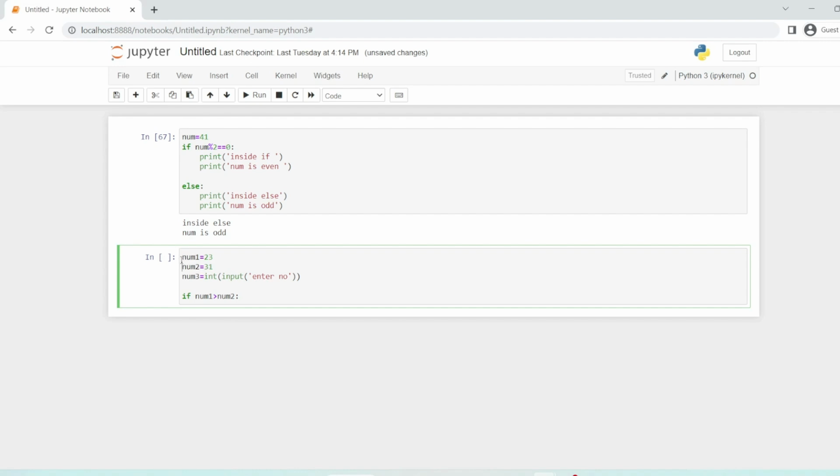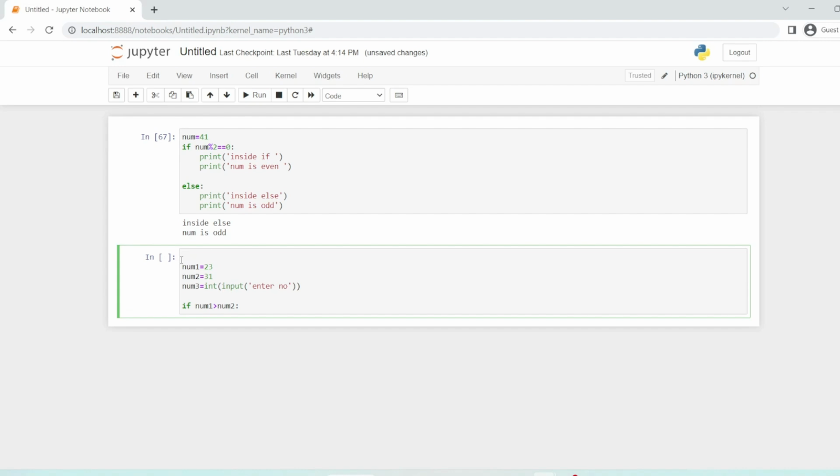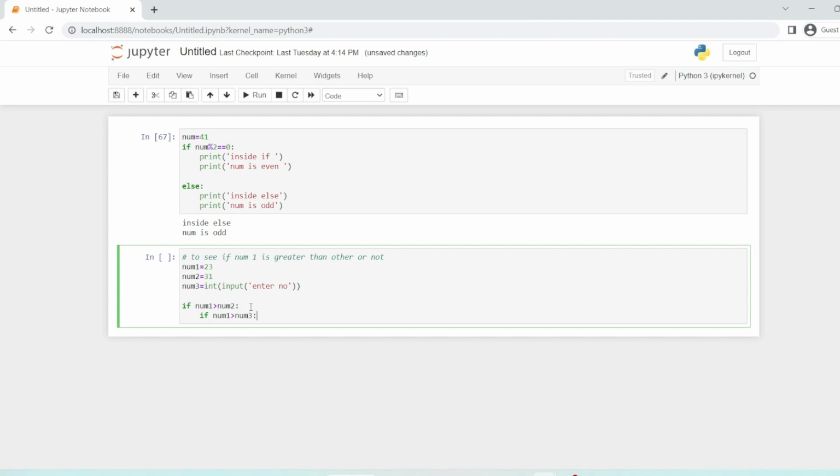So my aim is to see if num1 is greater than the others or not. So the first statement is num1 is greater than num2. If that is true, it will come inside this if statement. I'm writing another if statement that num1 is greater than num3. So it will look if num1 is greater than num2 and if num1 is greater than num3,